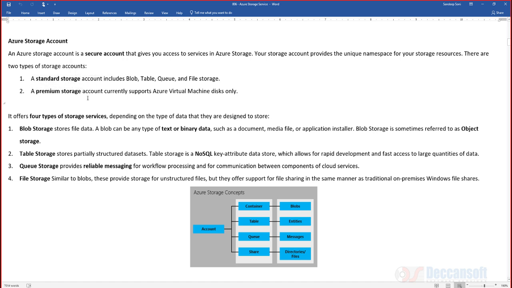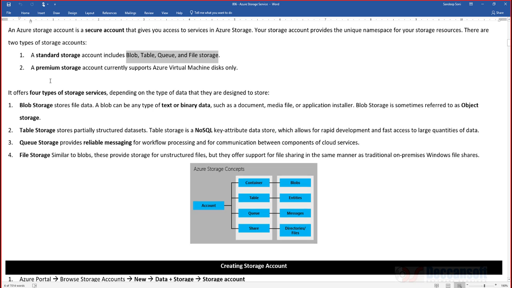So we have got premium storage ideal for using virtual machines. When we want to have virtual machines and the virtual machine requires to have an application which is performing a lot of read and write operations, we want that virtual machine performance to be good. We want better IOPS, input output operations per second. So those kind of cases we go for premium storage. But if you want to store simple blob, table, queues and files, we can simply go for a standard storage. So two types of storages,